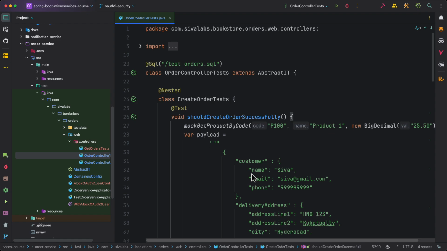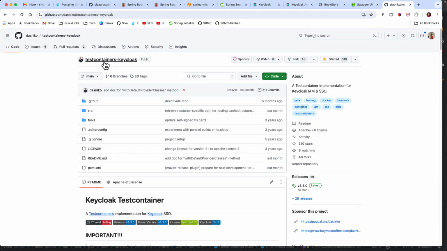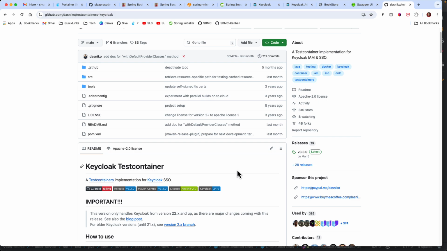Let us start with the Keycloak container approach. There is a project called Testcontainers Keycloak. We have already been using Testcontainers for tests and for running the application locally. So we can use the Keycloak Testcontainer to spin up a Keycloak container. We already exported one Keycloak realm file. We can use that, spin up this instance, make an API call and get the token. But for our actual application, we have enabled only